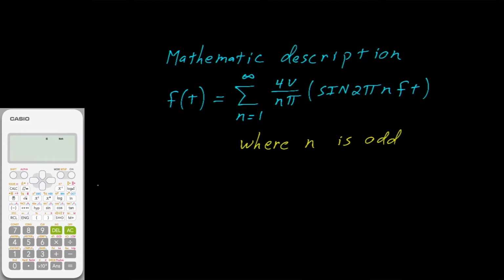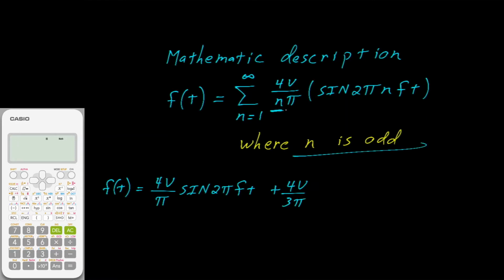If we expand this, f of t is equal to 4V over pi, actually that would be 1 pi because n for the fundamental is 1, sine 2 pi, in this case n is 1, so it would just be ft, plus 4V over 3 pi, because n is odd, so that's this n right here, sine 2 pi 3